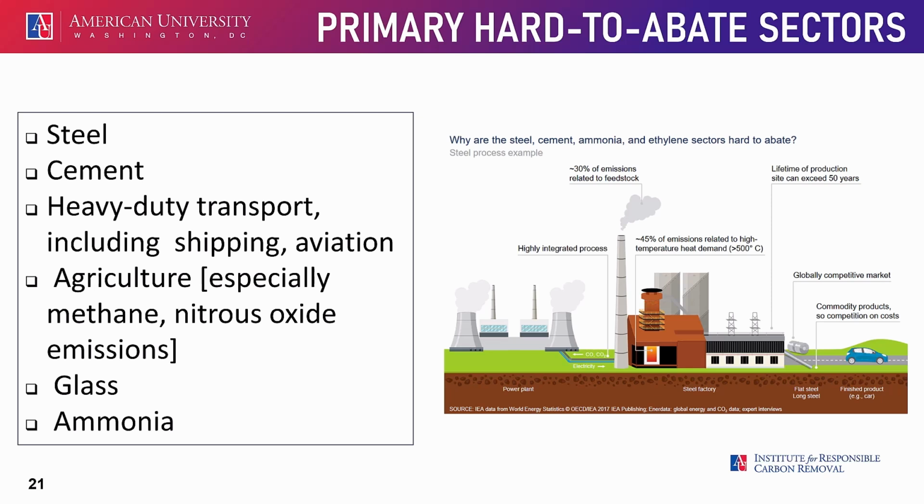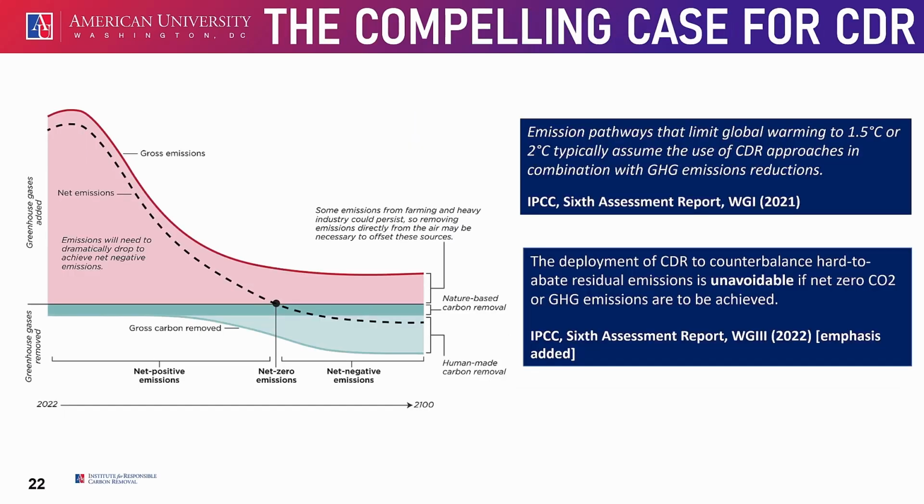CDR approaches are viewed as the primary sink mechanisms to compensate for hard-to-abate emissions and thus get us to net zero, right? And you can see that here, where every effort should be made to reduce our greenhouse gas emissions as much as we can, but we have to acknowledge that we're not going to be able to eliminate all of them, but carbon dioxide removal can help us to get at least to net zero in the medium term, right? If implemented at a